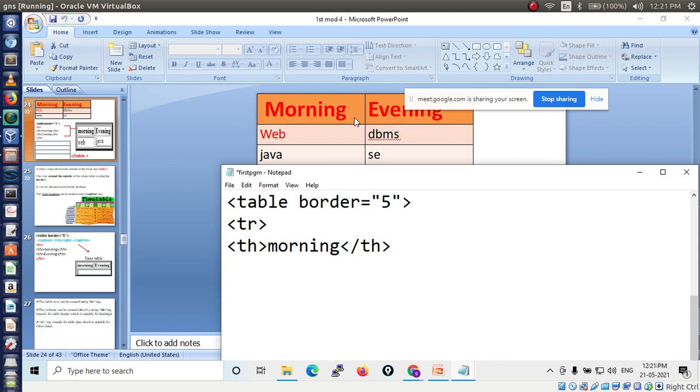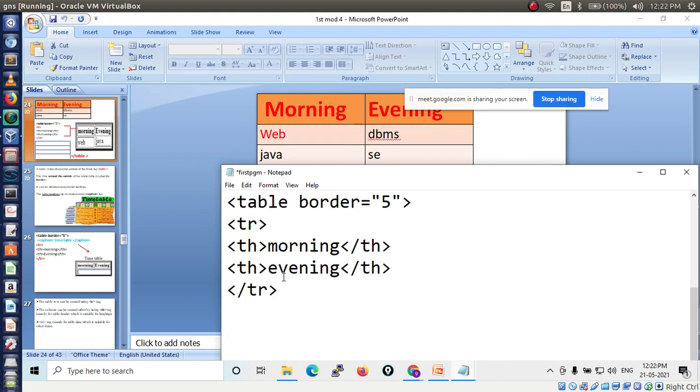Evening is also in the same row. For that I write th, then evening, then close the th tag. Finish. Now close the tr tag. I have only two columns, right? For that I have inserted my two columns here. Then I close the tr tag.